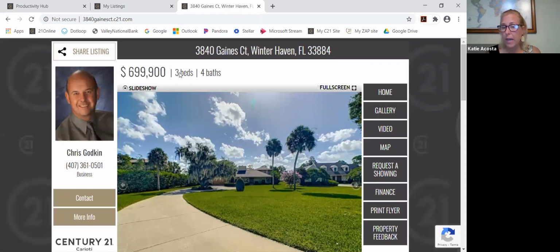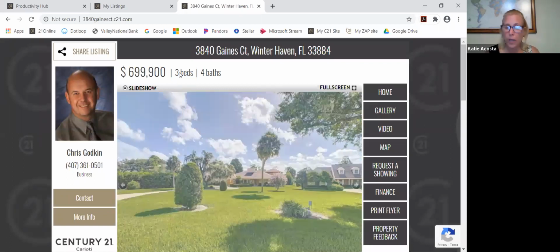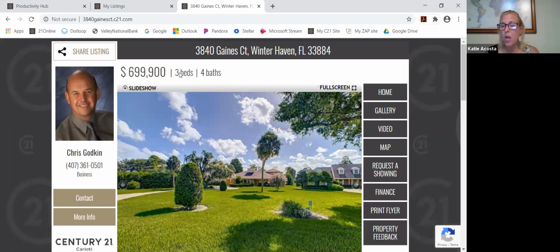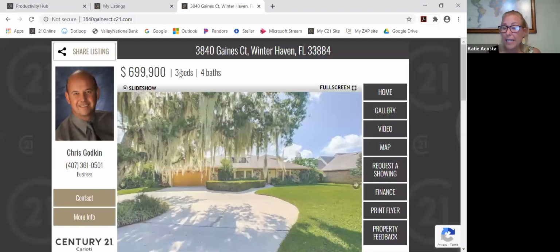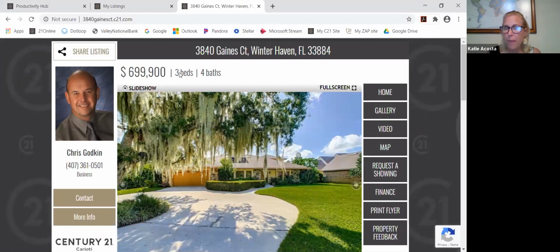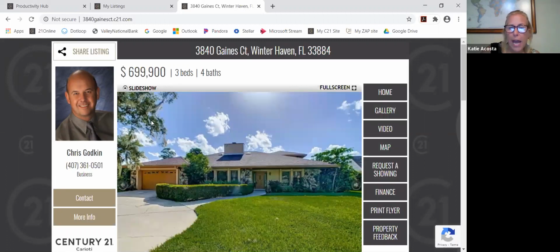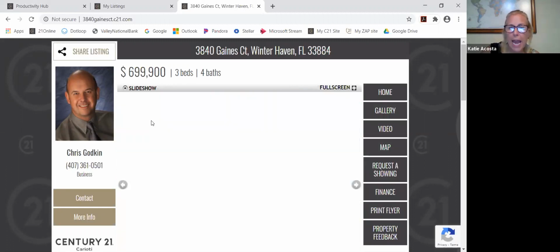Okay, so if it's in the MLS, we're getting it into Century 21, and then this will be created for you. So whatever photos you have in the MLS are the photos that it's going to pull. The reason why this is so great is, notice we haven't done anything to this, and it's still a really great looking website. Right up here in the URL, you'll notice that the URL is the actual address of the property. So 3840